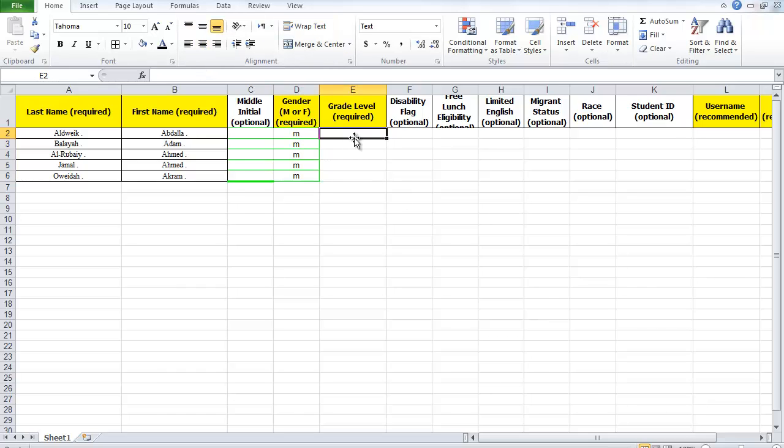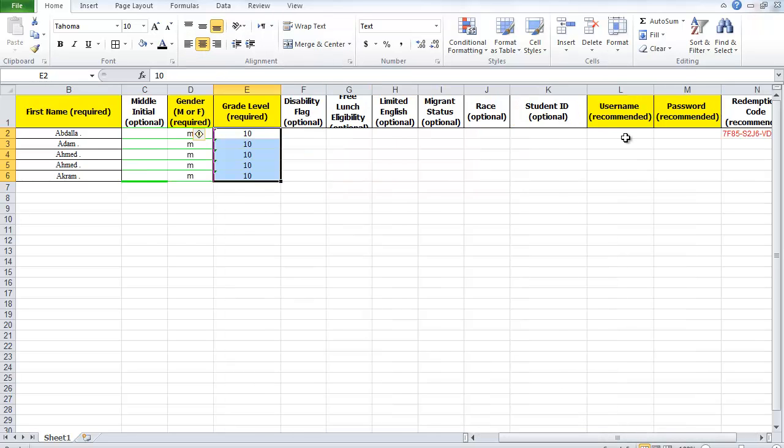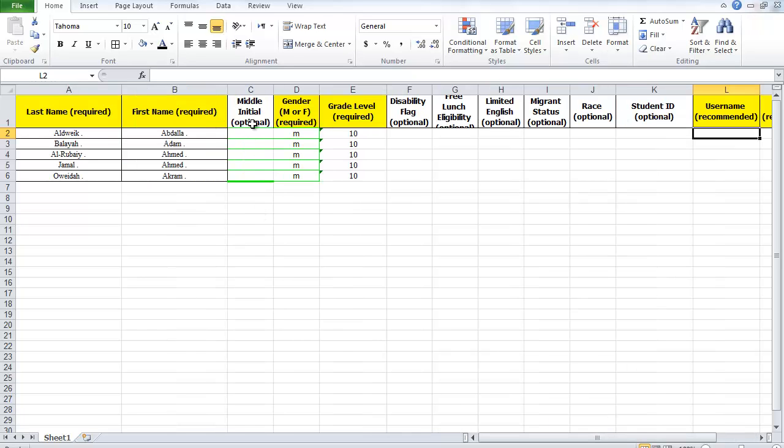And then the grade level, let's say that they are in grade 10, and then you can copy. Let's say that this is grade 10, and then also 10, and then we can drag to copy in. And finally, the usernames and passwords. Basically, the system can create automatically made usernames and passwords. So that's it, and then we can save the template and then exit